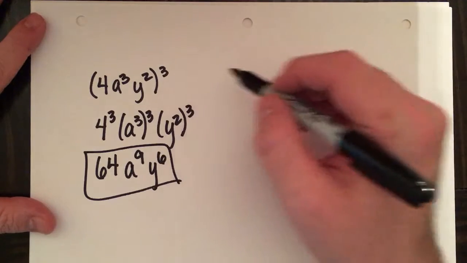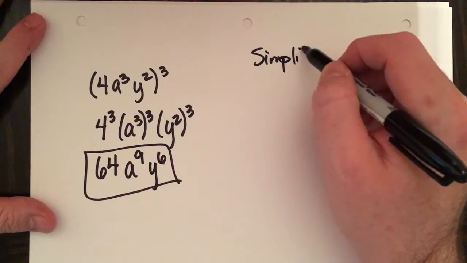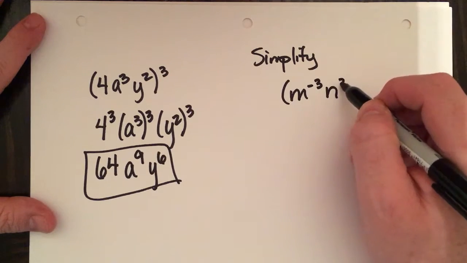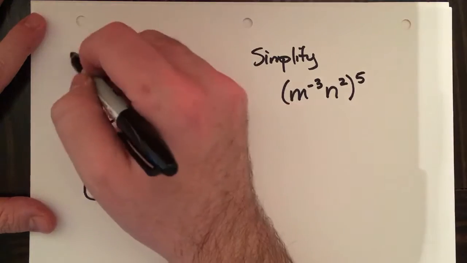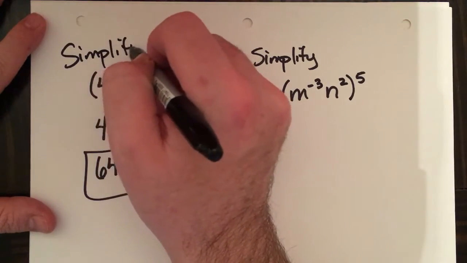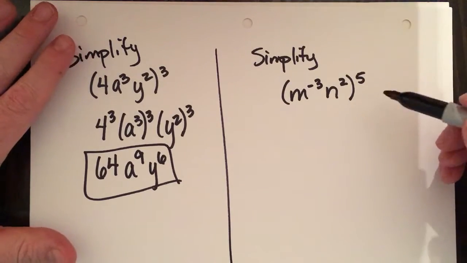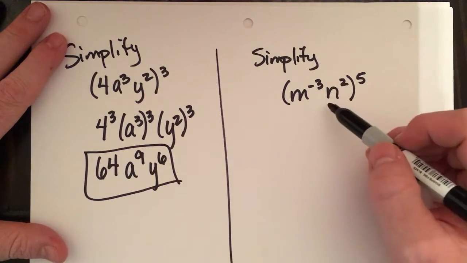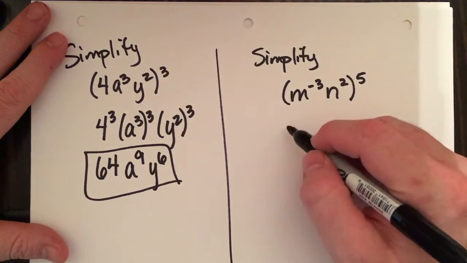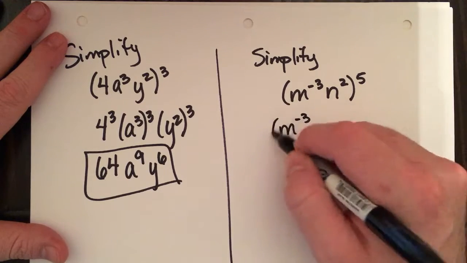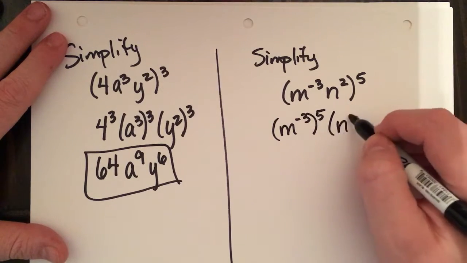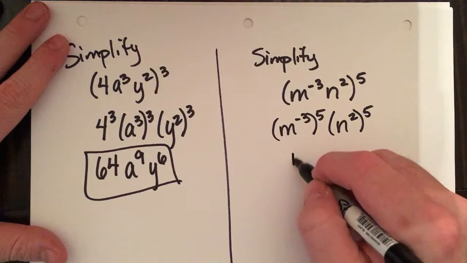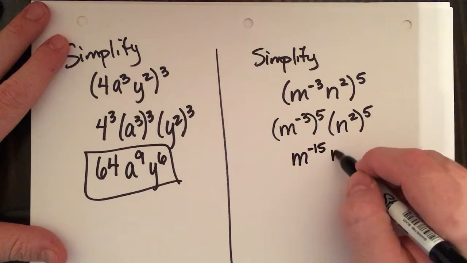All right, what if it said this? And the directions would have been simplified for this one as well. Okay, so if it said this, since there's no addition or subtraction going on, you can just distribute the exponent. So that becomes m to the negative 3rd to the 5th power and n squared to the 5th power. Power to a power, you multiply. So that's m to the negative 15, n to the 10th,